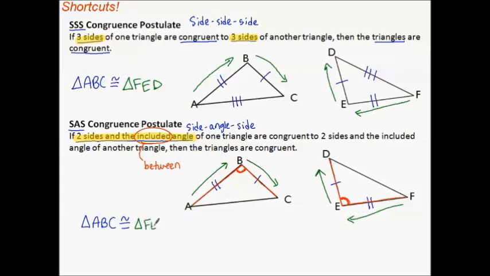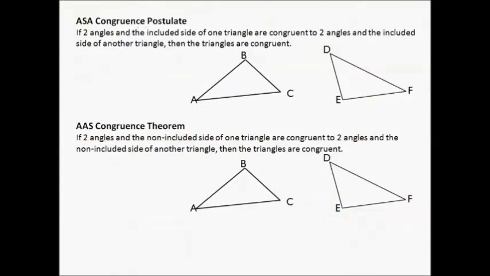The point that we want to see here is that we have a limited amount of information. This time it's two sides congruent to two sides, the included or in between angle congruent to the included angle. Let's look at a couple more that are very much like each other. Angle side angle versus angle angle side. So again, these are shortcut letters, but it's angle side angle versus angle angle